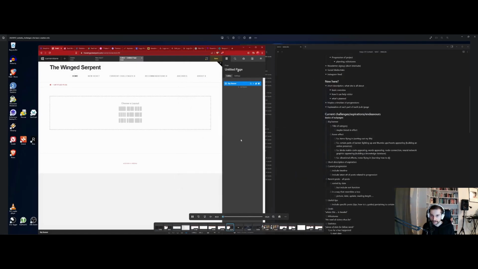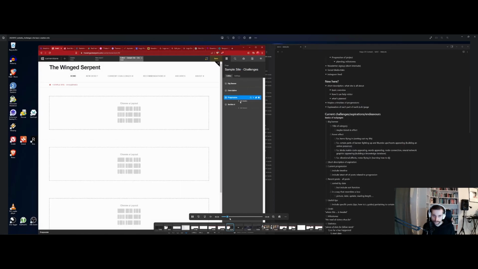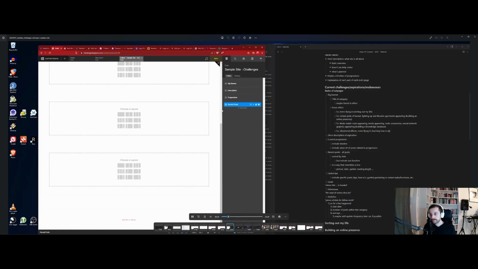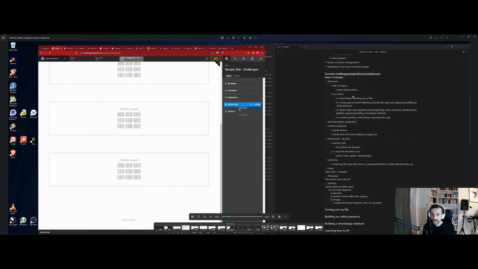Alright, I'll show you a little bit about the whole process. So yeah, you can choose a layout, you can choose different types of designs, or rather how you want to structure the website. I'll skip a little bit further into it. So yeah, this is just the sample site of the challenges. Basically, I've wanted to create a standardized layout of how I wish these sites, these pages, to look like. I've also, as you can see on the right hand side,